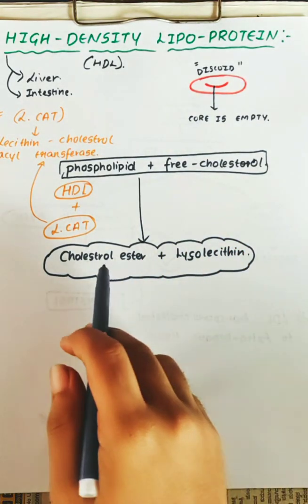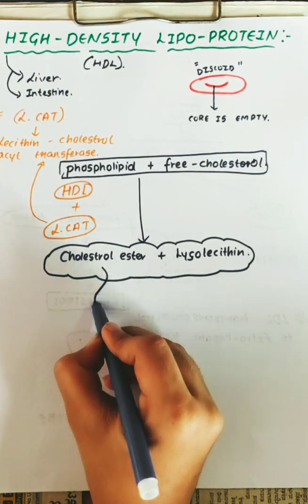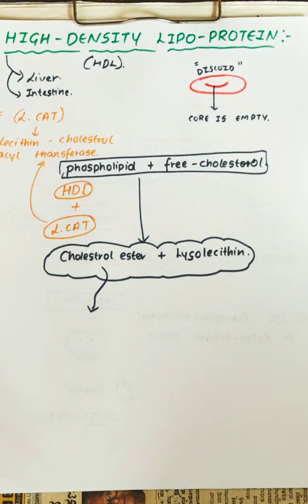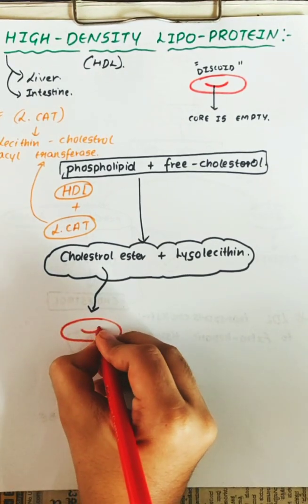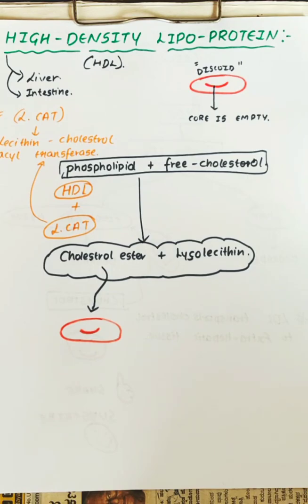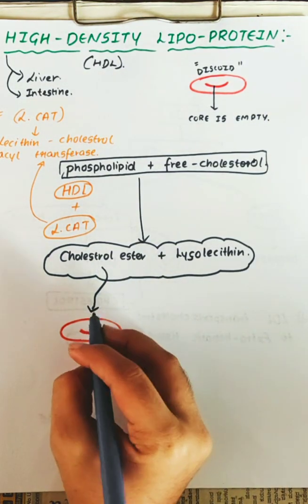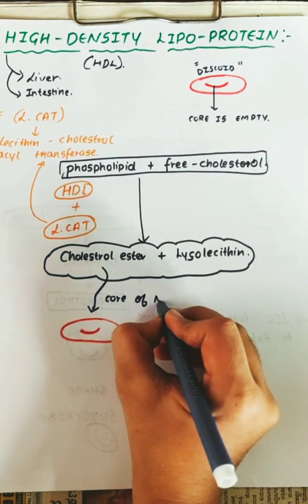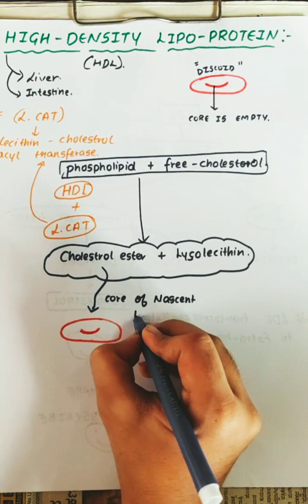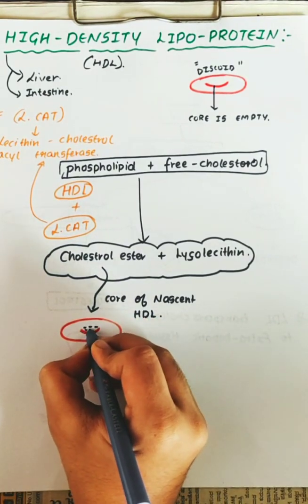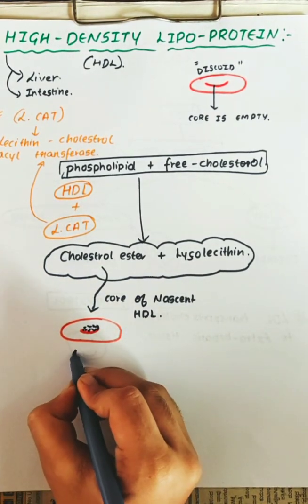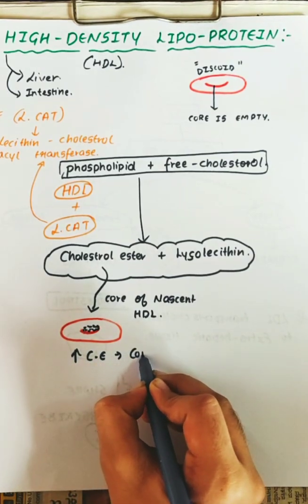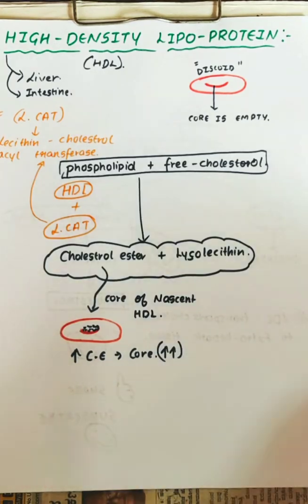What happens is the cholesterol ester will be transferred to the core of the nascent HDL. See, I had drawn the shape at that time. It is in this shape. So the cholesterol ester will be transported into the core of nascent HDL. Since there will be an increase in the cholesterol ester in the core, what happens in this is,